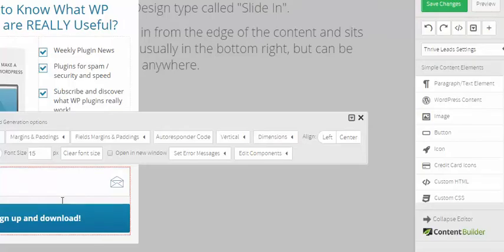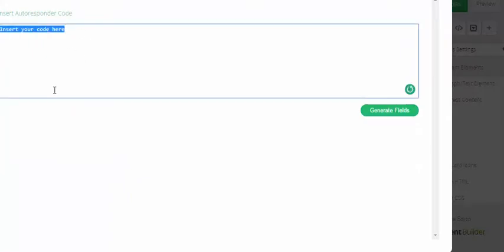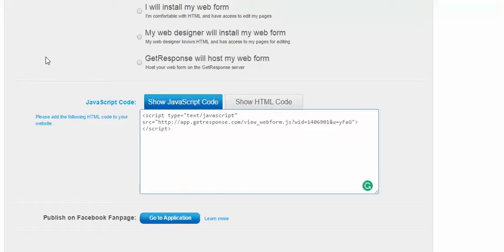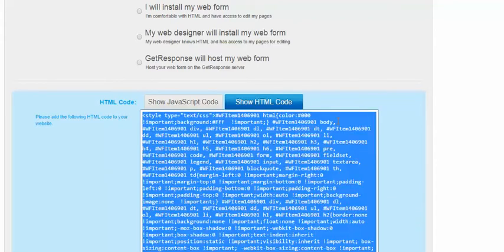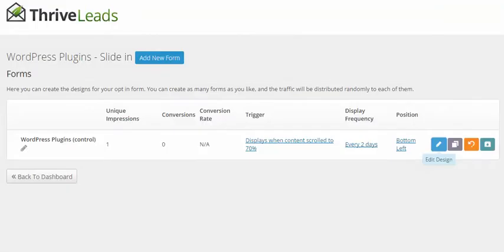I clicked in the area where the opt-in box should go, where you put your email address and your sign up. I clicked in that general area and this popped up, and that's our lead generation opt-ins. And then I just have the option to add my raw HTML there. So I'm just going to scoot over to GetResponse. I'm going to show the HTML code, and this is also what you will be asked for in AWeber or any of the other email marketing services out there. You can just grab the HTML code and then go back to your page